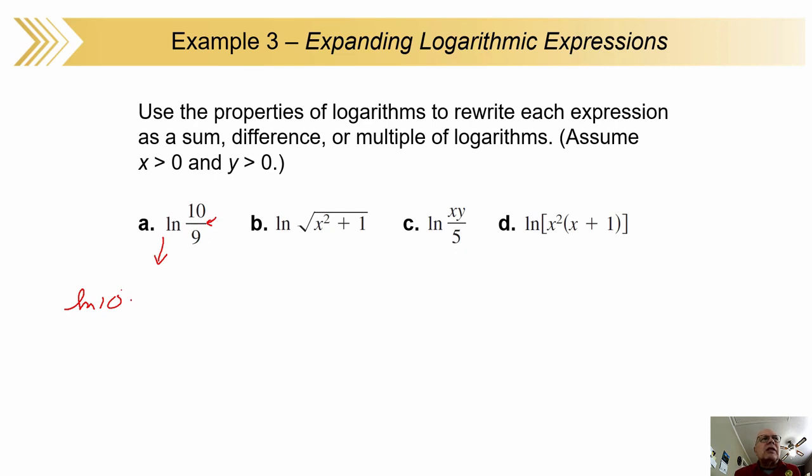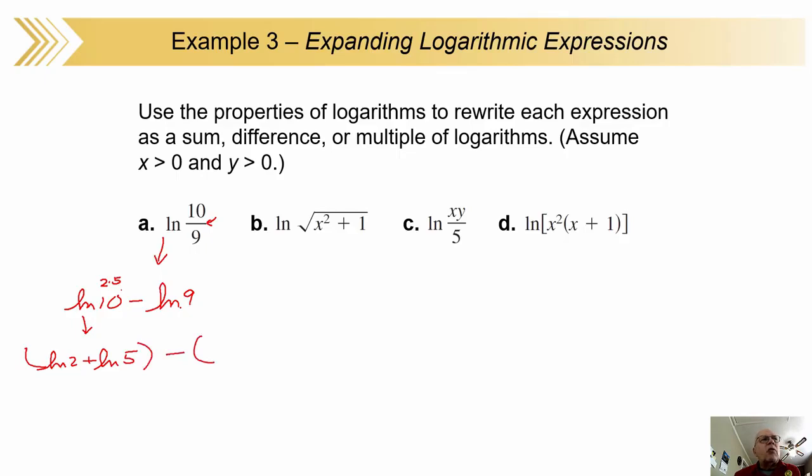We're talking about division, so our logarithms will be subtracting, and that'll be the natural logarithm of 9, which means what exponent would e need to give us a 9? Now if I'm going to expand this, I can actually do a little bit more, because remember, 10 is 2 times 5. So what I could do is write this as natural logarithm of 2 plus the natural logarithm of 5